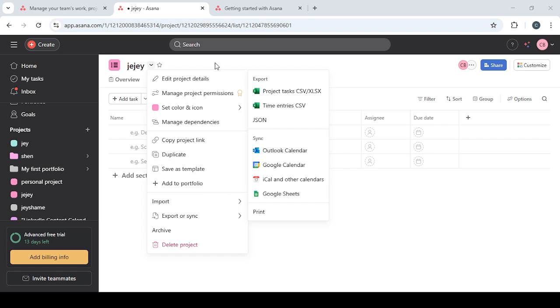Now it's time to map your CSV columns to Asana task fields. You'll see a preview of your headers on the left and Asana fields on the right. Map your task name column to name, your details column to description, your date column to due date, and your